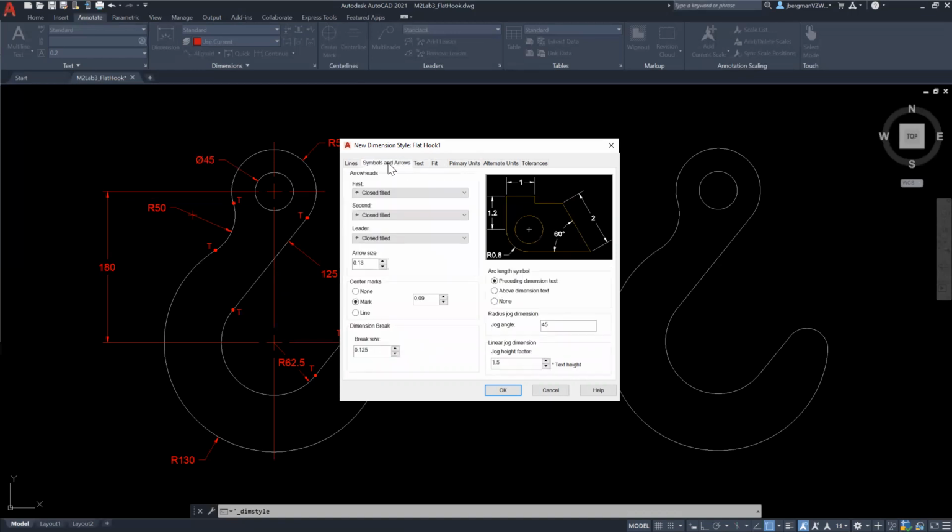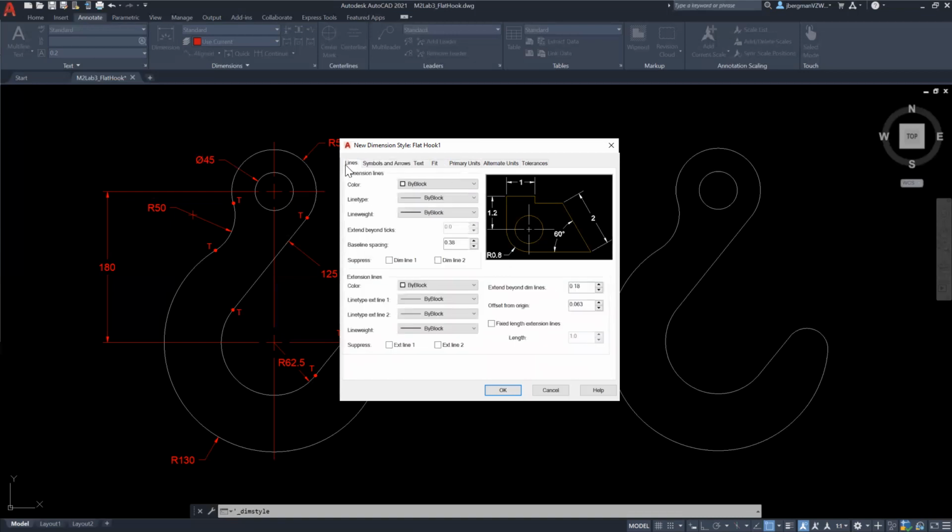And then symbols and arrows, we are going to have a center mark. You can also use lines as well. So these ones have lines. It's where we have this extended line, and a mark is just this little mark without the lines. So I'm going to choose line, and then in the properties, change the marks to center marks, the ones that I want that way. All right, and then let's see here, if you click the lines tab,